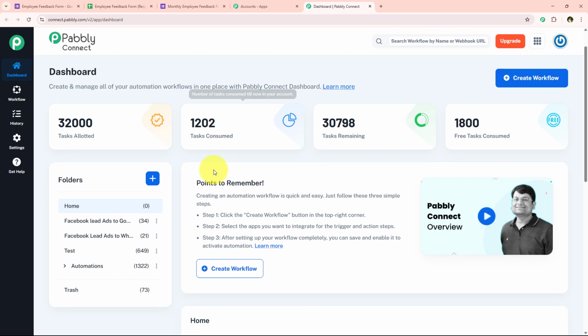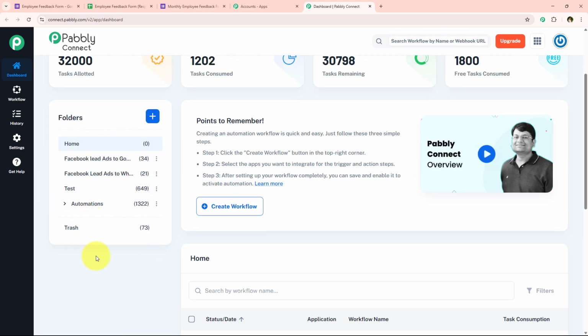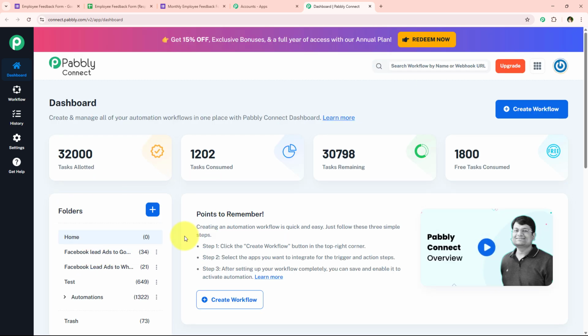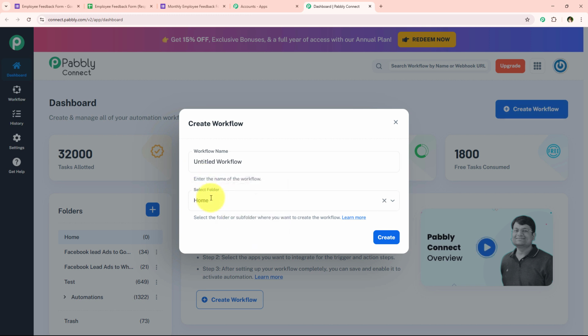So on my dashboard, you can see multiple folders which I have already created in which I save my workflows. So if you also want to create a new folder, you can go towards this create new folder button and create your own. I have already created multiple folders, so I'm just going to select one from this only, which is automations. And now it is asking me for the workflow name, so I'm simply going to name my workflow as automate employee satisfaction reports using an AI agent,